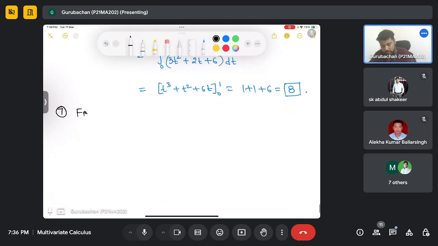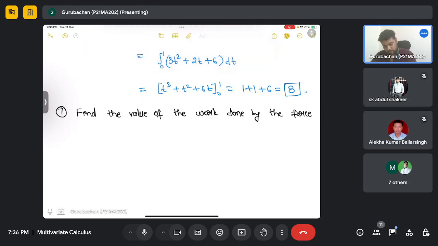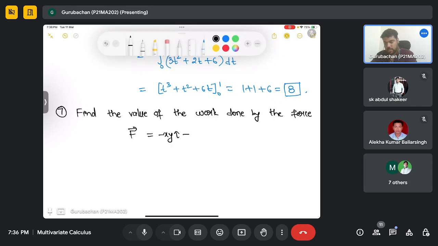Find the value of the work done by the force F equal to minus xy i cap, y square j cap plus z times k cap,